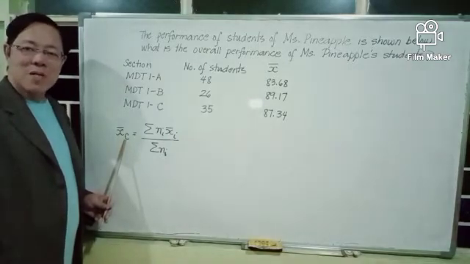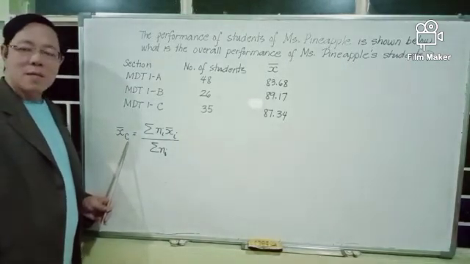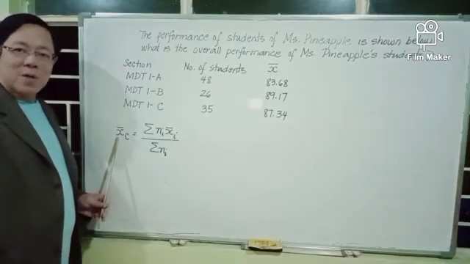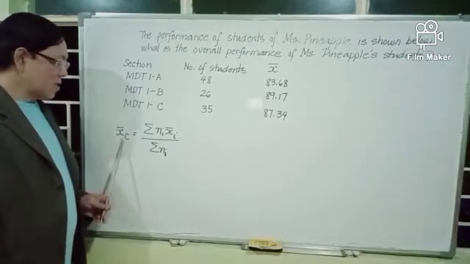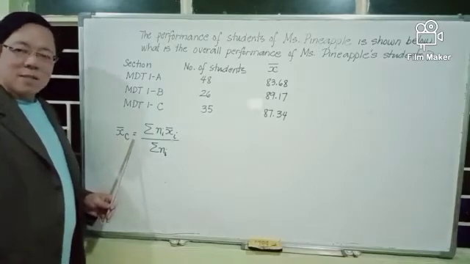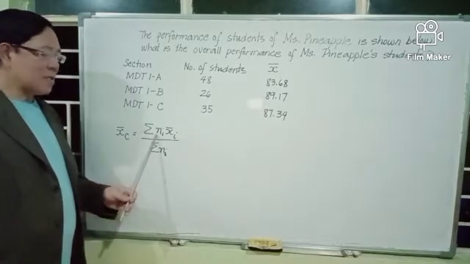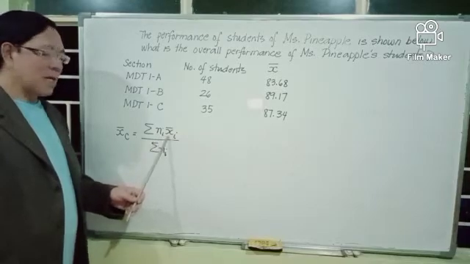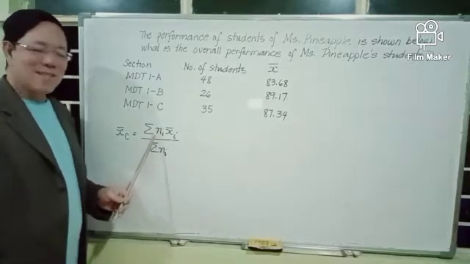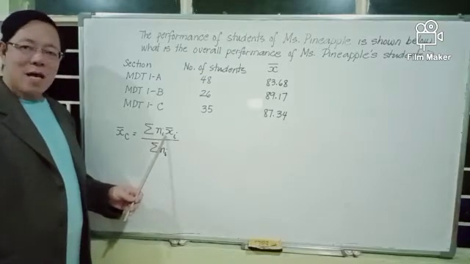Denoted by x bar sub c. C stands for combined. X bar stands for mean. Hence, x bar sub c stands for combined mean. And it is given by the summation of n sub i times x bar sub i, or the summation of the products n sub i and x bar sub i,